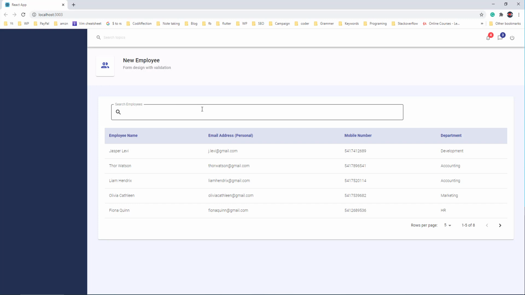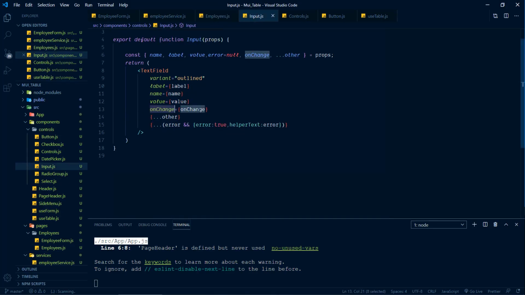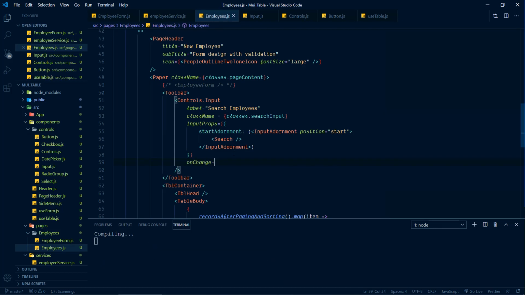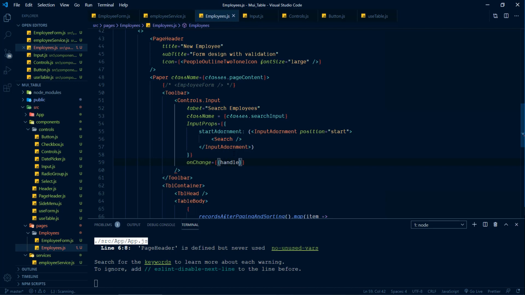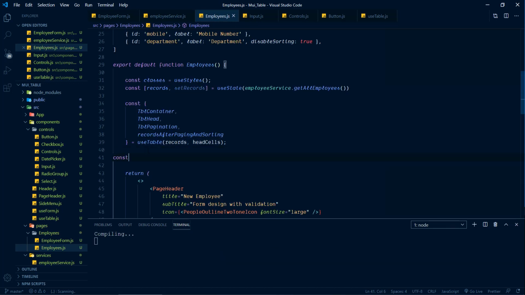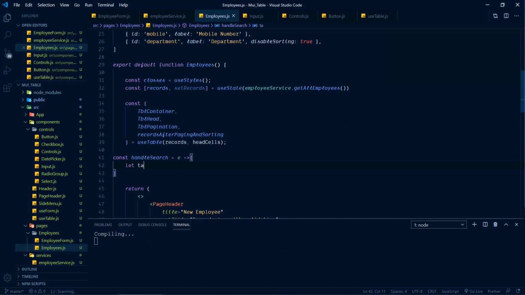Let's do the real filter operation inside this Material UI table. We can do that inside this control on change event. We already have the event here. So here is the on change event. We will call a function handleSearch. Now let's define the function up here. Here we have the default event parameter. Inside this on change event, we can retrieve the values from this input control from the target property inside the event parameter e here. So first of all, I will define a variable target here,